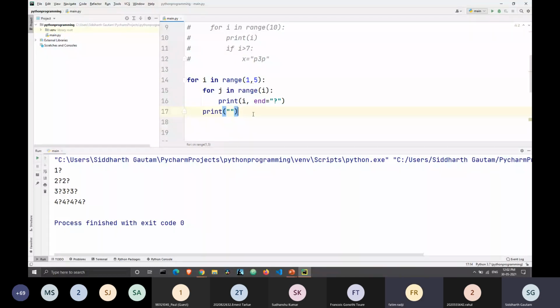So if our range is 5, then we will go 0, 1, 2, 3, and 4. We are still counting 5 times, but we're starting from 0. What I have done here is instead of starting from 0, I have started from 1. That's why we are getting an output of 4 times. It's going 1, 2, 3, and 4, but it will skip 5 because 5 is the end value. It always stops 1 before the ending value. Okay. Thank you, sir. All right.